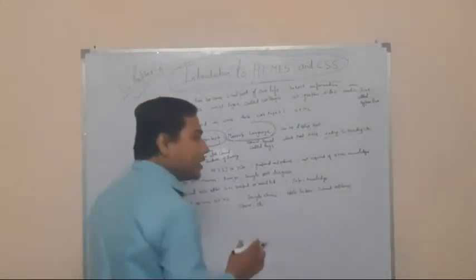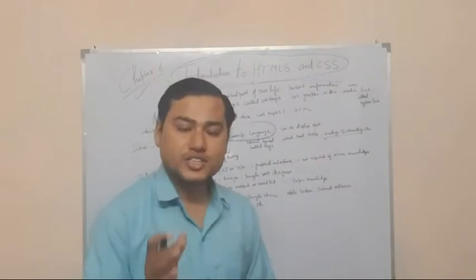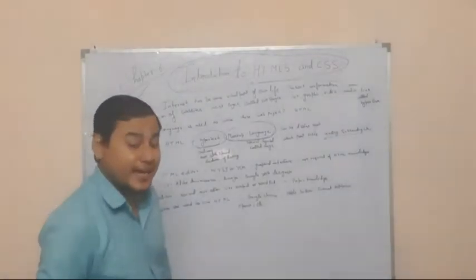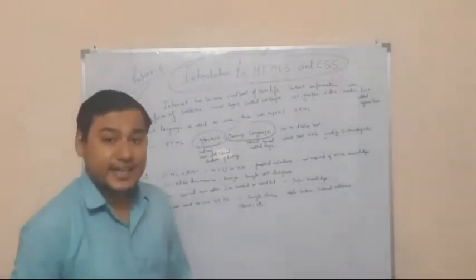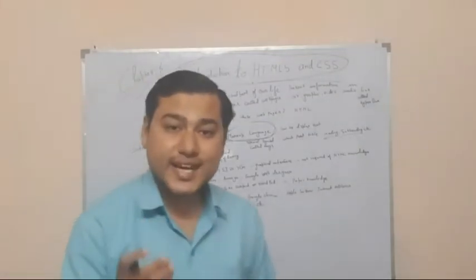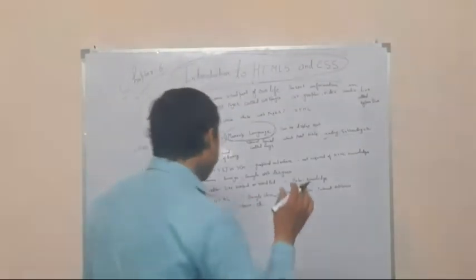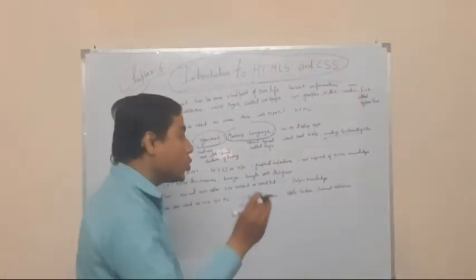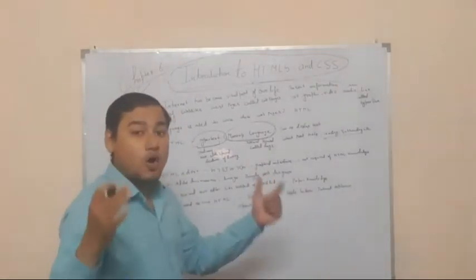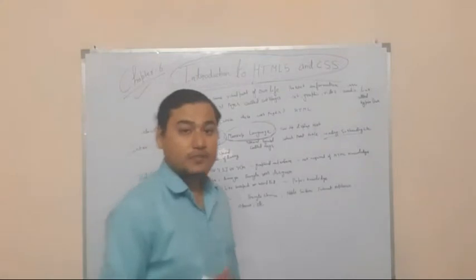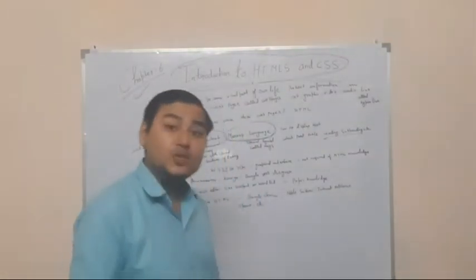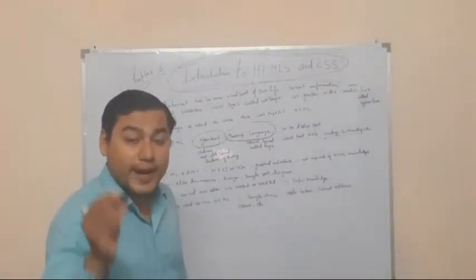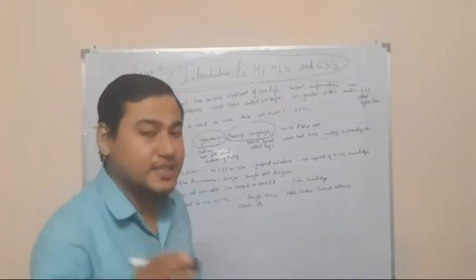Now, the tools by which we can create HTML, there are two types of tool. The first type is the HTML editor and the second one is the text editor. So what is an HTML editor and what is a text editor? An HTML editor is an editor by which we can create HTML without knowing a high level of web language. If you don't have knowledge of HTML, you can still create a web page with the help of an HTML editor, because it provides a graphical interface called